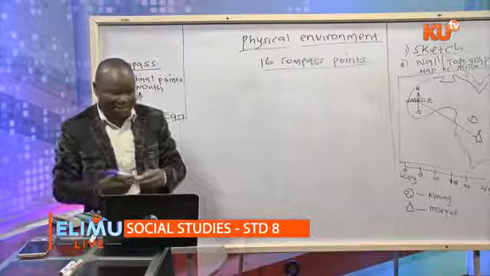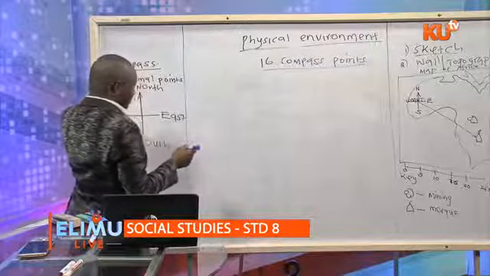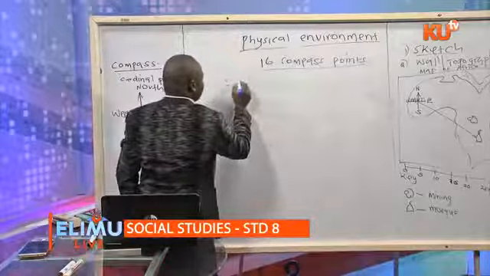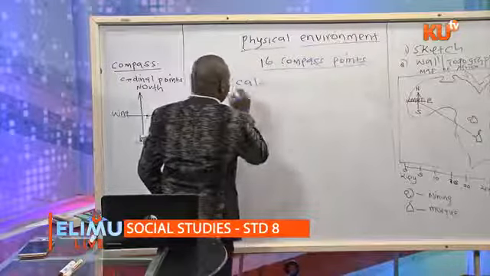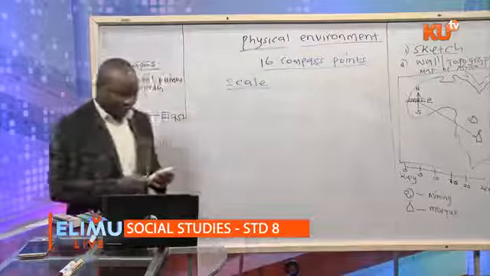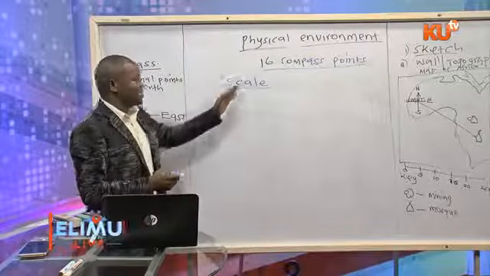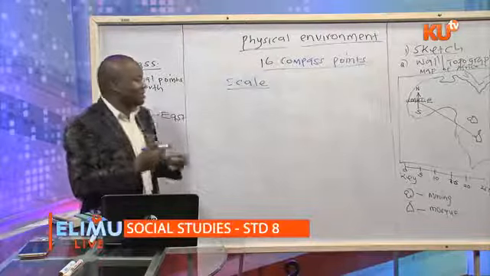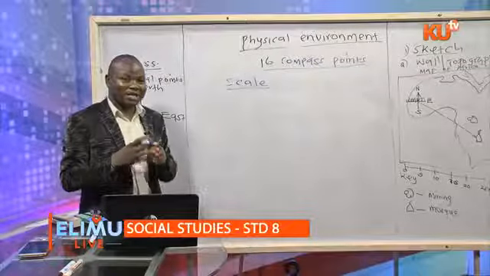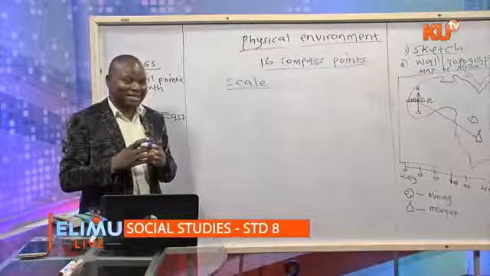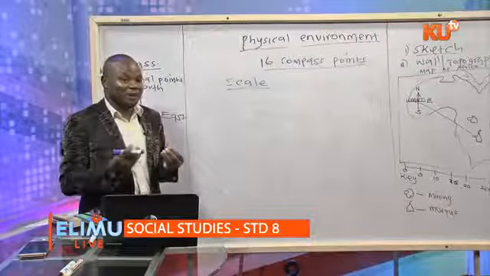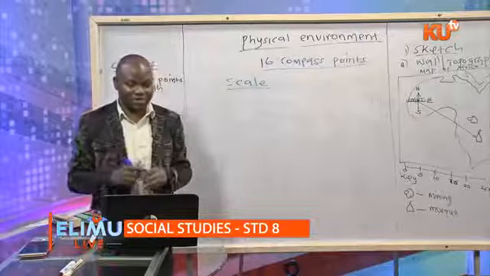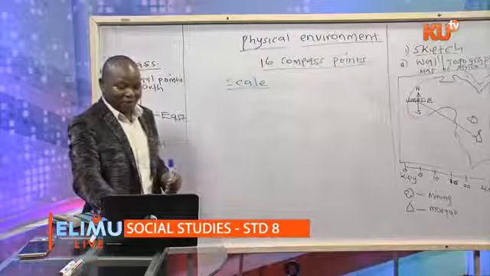Let me go to the next part, and that one is what you call the scale. Of course, we have different types of scale, but the main type of scale that we want to discuss today is what you call the linear scale. And the linear scale is going to give you what you are supposed to answer when you are given questions in social studies. For example, we have here